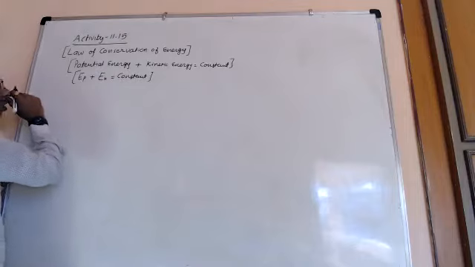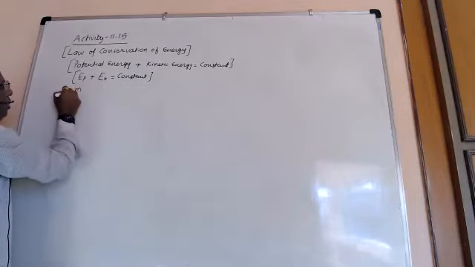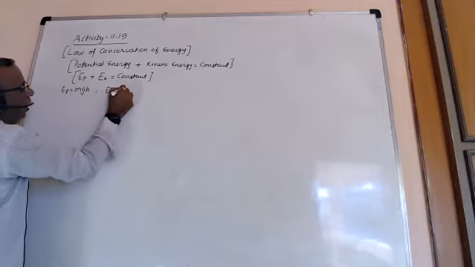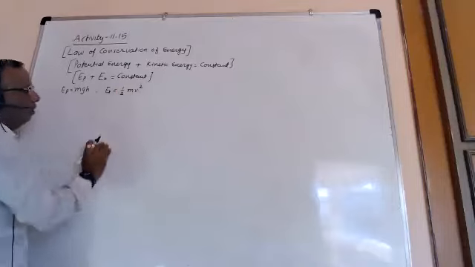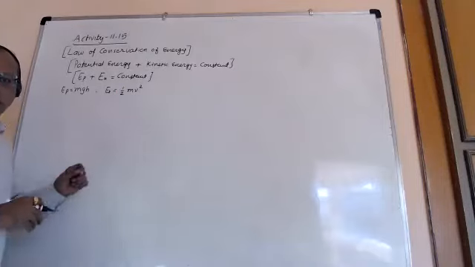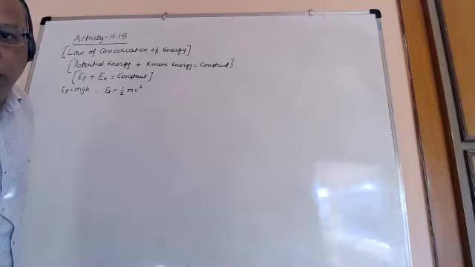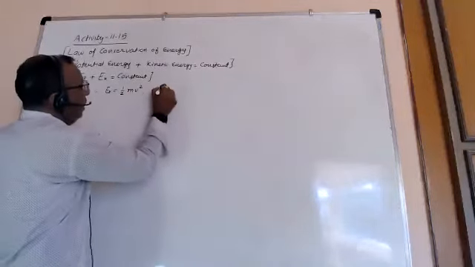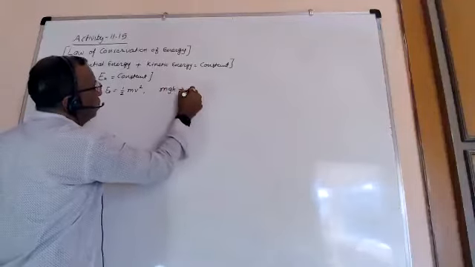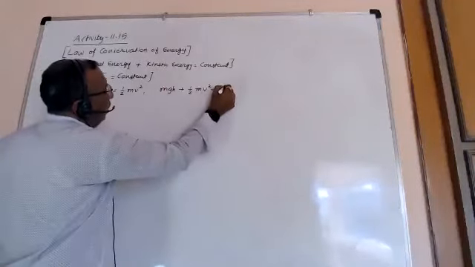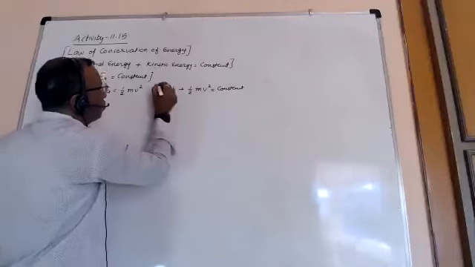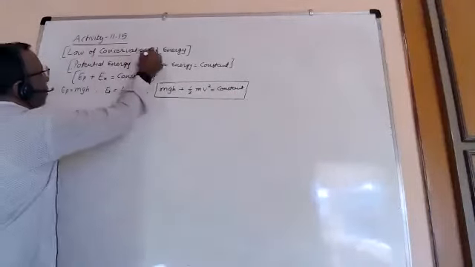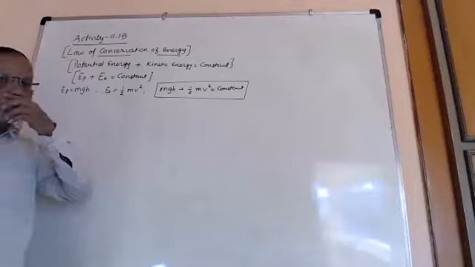Now if we put the formula of potential energy, EP is equal to mgh, and kinetic energy EK is equal to 1/2 mv square. So this is the simplest thing to keep in mind, and by considering this we can get that mgh plus 1/2 mv square is constant. So this is the very important formula of the conservation of energy law,